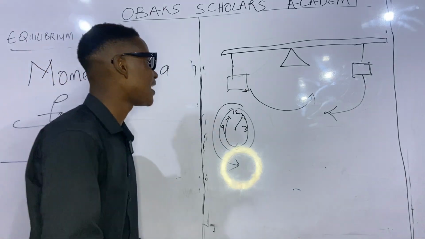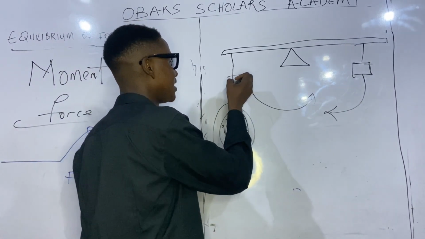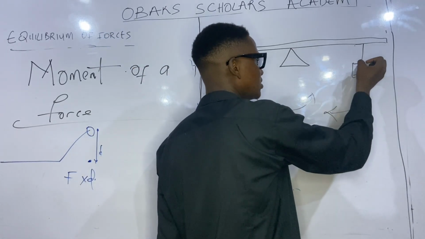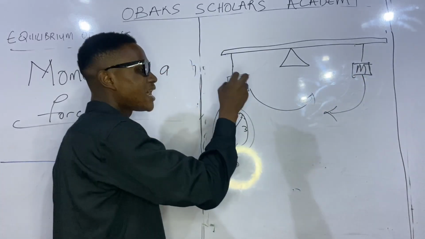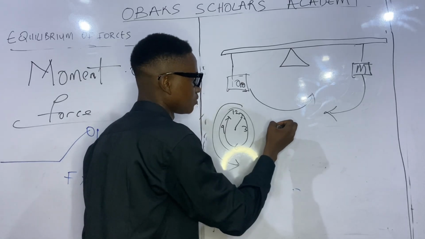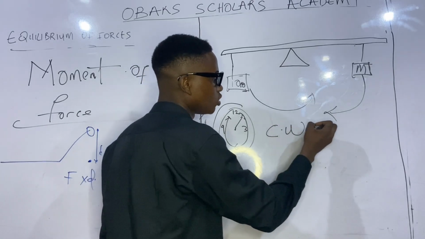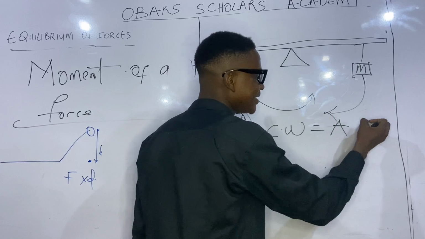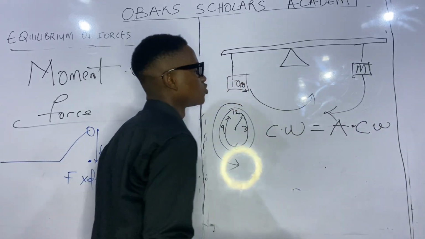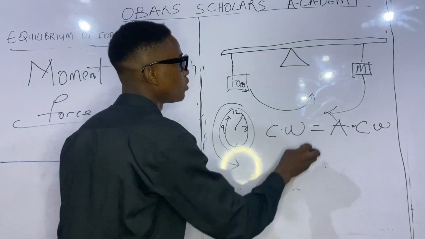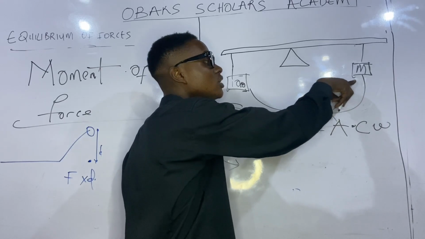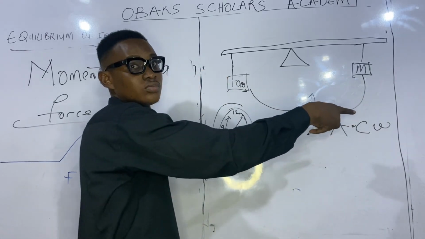For example, if I know the mass of this object to be 10 kilogram, and let's say I don't know this one, unknown, let me put M here. Based on that principle, if I'm very sure, the clockwise moment CW is equal to the anti-clockwise moment ACW. This is clockwise moment, anti-clockwise moment. If they are equal, I can calculate the mass of this unknown object